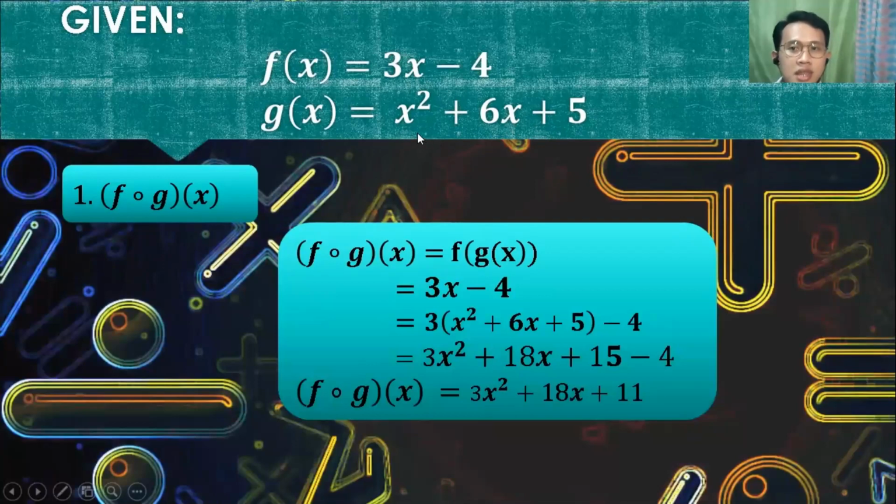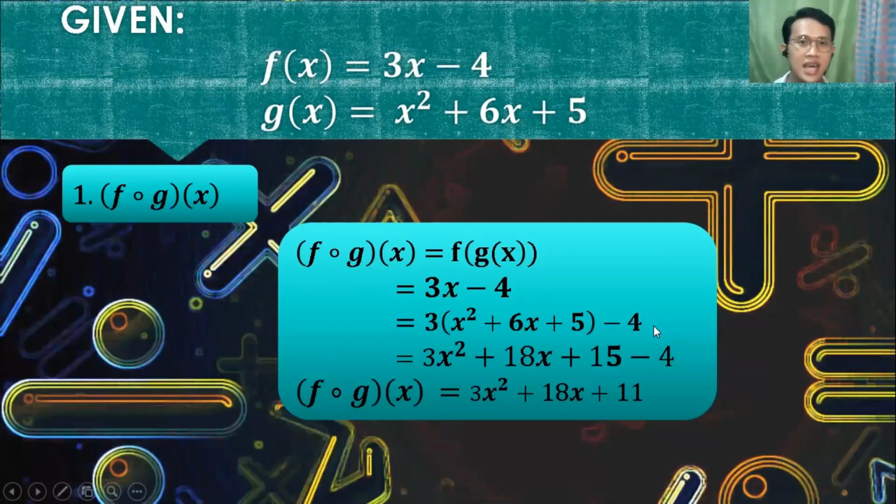So you need to substitute x squared plus 6x plus 5 for the x in f of x. This is how we do it: 3 times the quantity of g of x, x squared plus 6x plus 5,